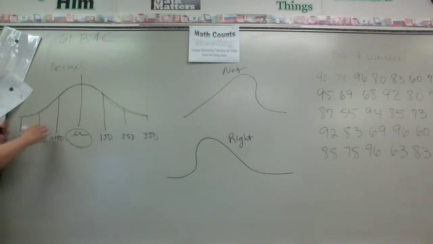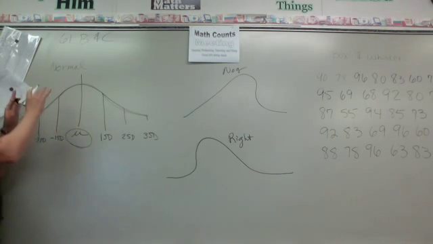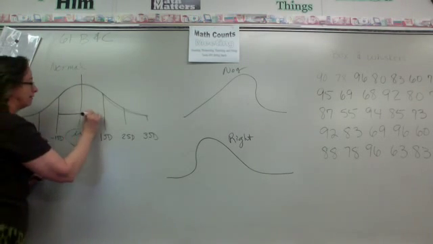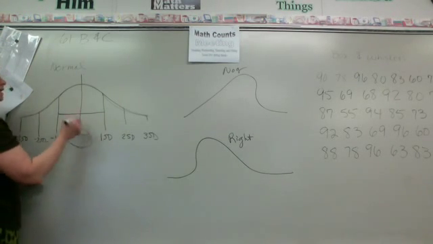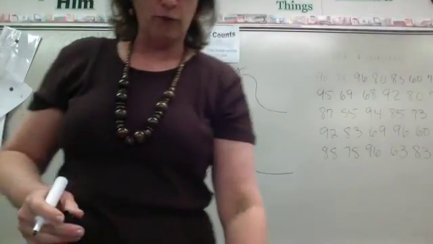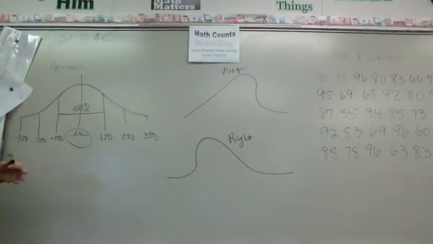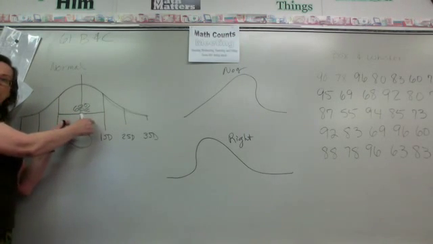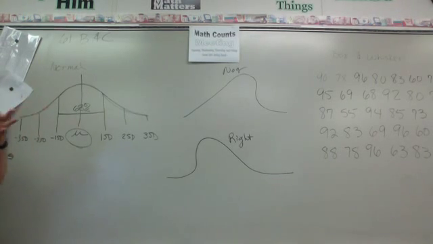Okay, so what they're trying to show you in the book right here is that after they made the standard normal curve, they realized that this area in here, between -1 standard deviation and 1 standard deviation, has approximately 68% of all the data points. They're showing you that on page 399. So you can take it to the bank that 68% of the data points are going to lie in between here, approximately. It's a really complicated formula that gives them that, but you can round it to 68%